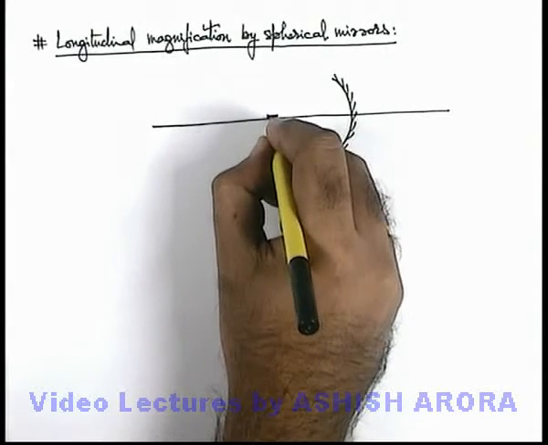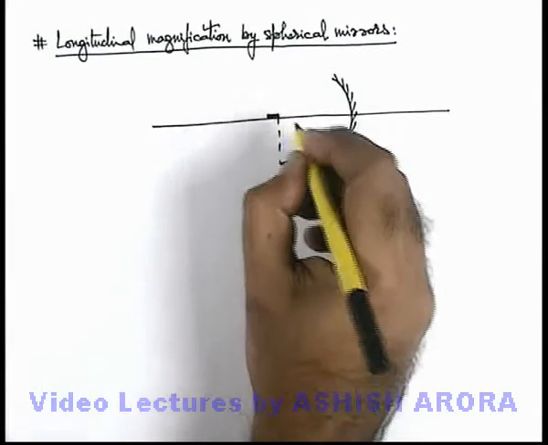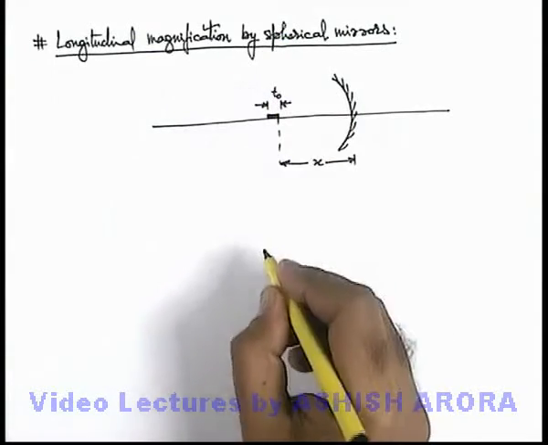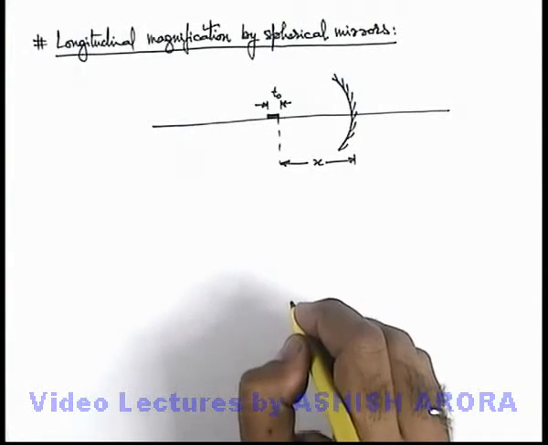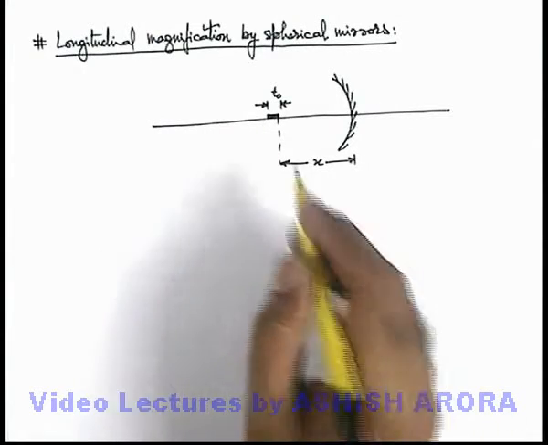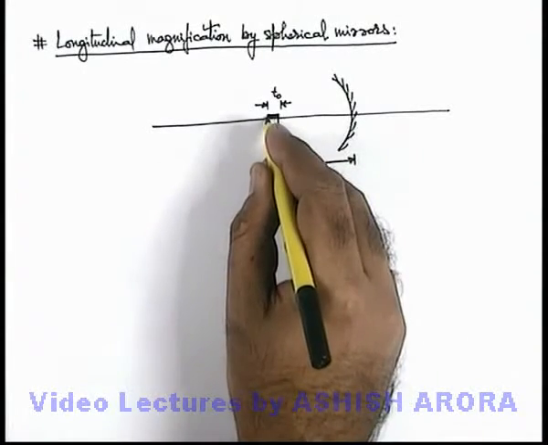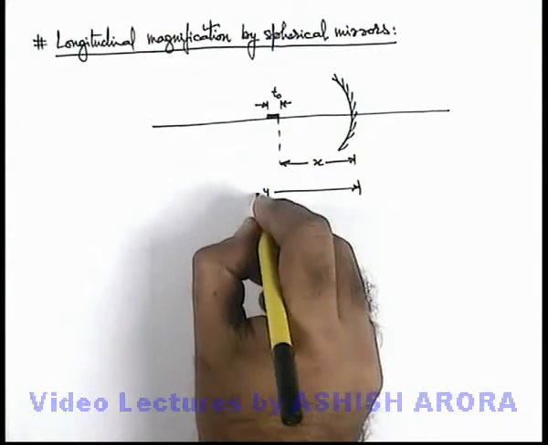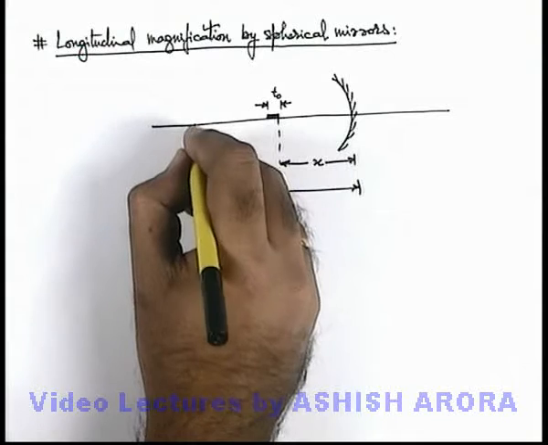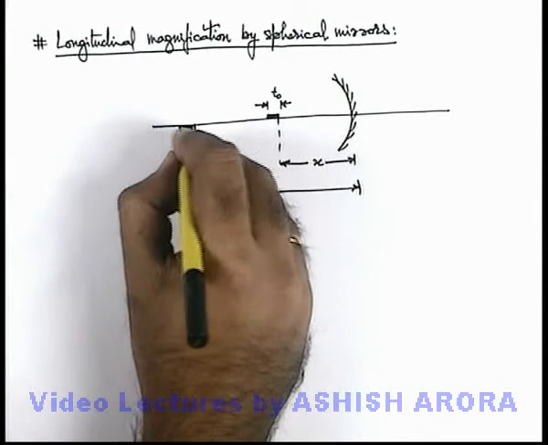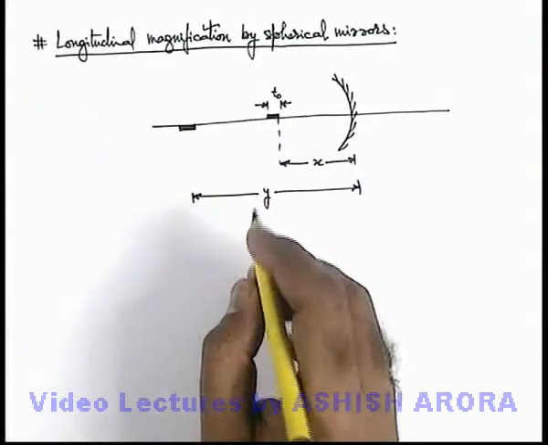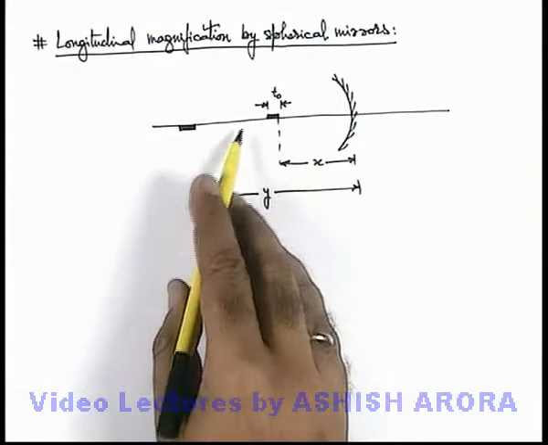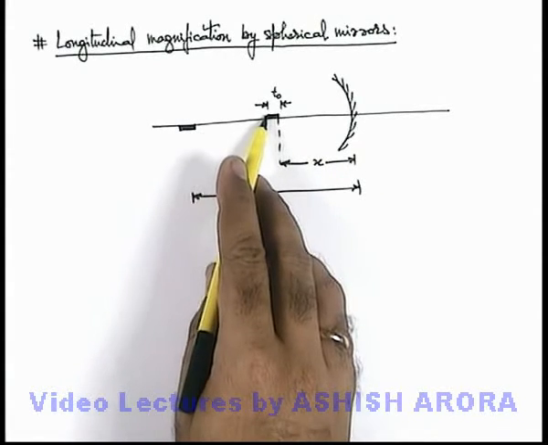an object is placed which is very small in size, and say the thickness of this object is TO, and we wish to find the image of this object. And let us consider, by using the mirror formula, we get the location of the image at a distance y from the pole of the mirror. So this is the location where the image is located. As we know, in case of a concave mirror, if the object and image both are on the same side, they are real and the image will be inverted.